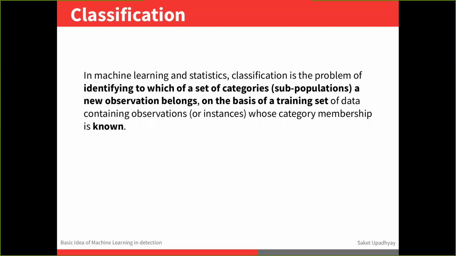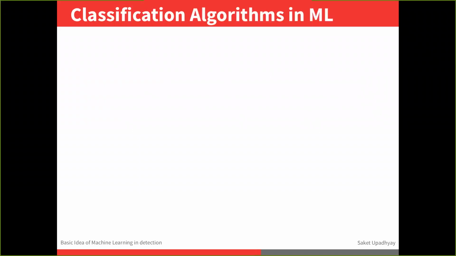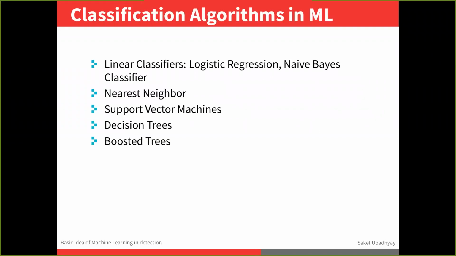All right, so this is how it works. We try to identify which set of categories a new observation belongs to on the basis of our known information or known instances. So this is the basic definition of classification. We have certain algorithms in machine learning for classification. We will not talk about all of them in detail because they are just another chapter of machine learning, and they can go into so much detail. But we will just try to understand some basic machine learning